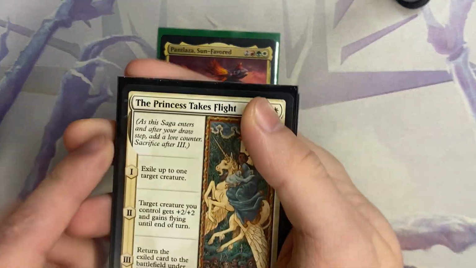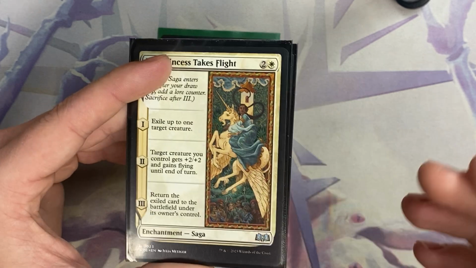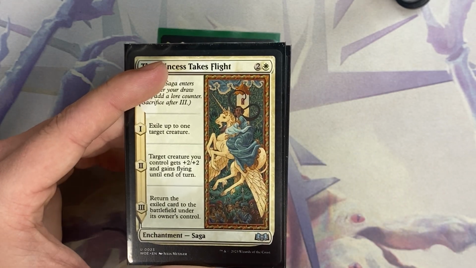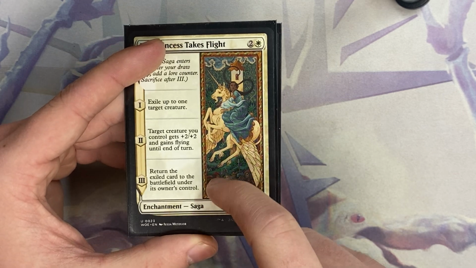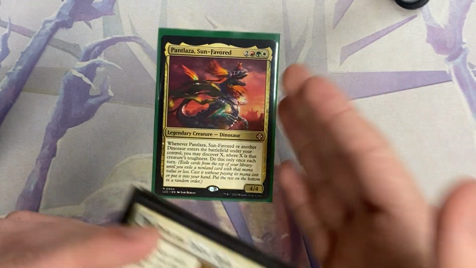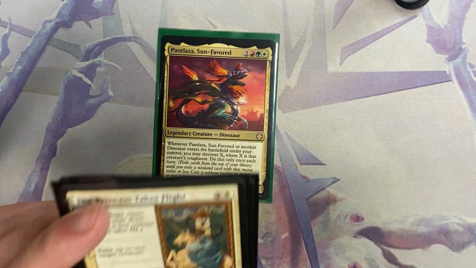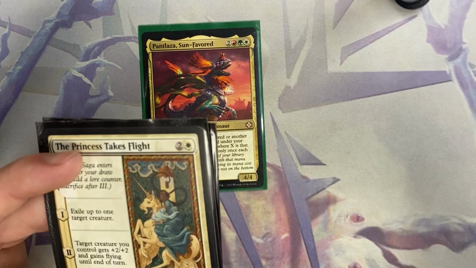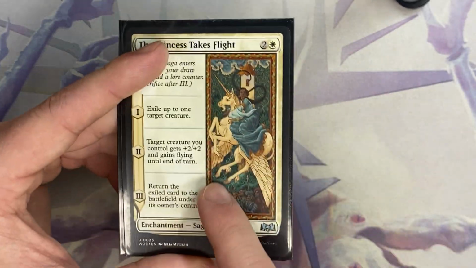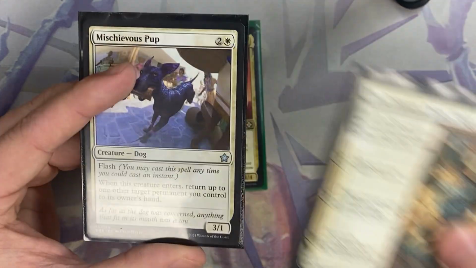Same thing with Princess Takes Flight. When she enters, you'll exile a target creature, and it works whether you're trying to get rid of something on your opponent's board for a little while, but they will come back in 2 turns. So I would recommend using it on something on your board, because it's like, oh, get rid of something, it's going to come back, trigger that discover again off of Pantlaza, and I think it's pretty good. You also get a +2/+2 and flying until end of turn on a target creature, which is solid in little